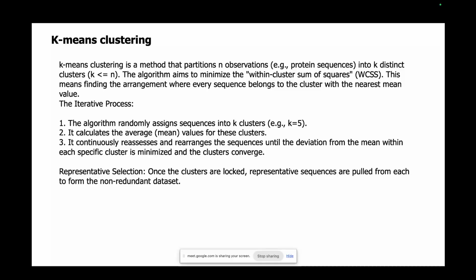At 0.4 you have this many. I'm just randomly drawing, right? Say it goes up to 0.8. Now the values on the y-axis tell you the total number of protein sequences, and this is the